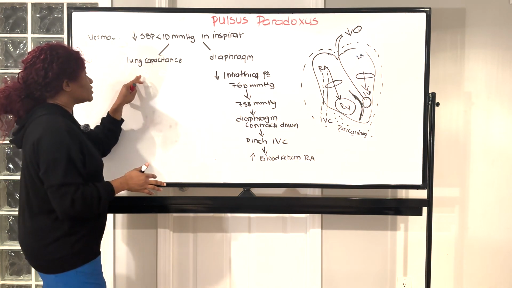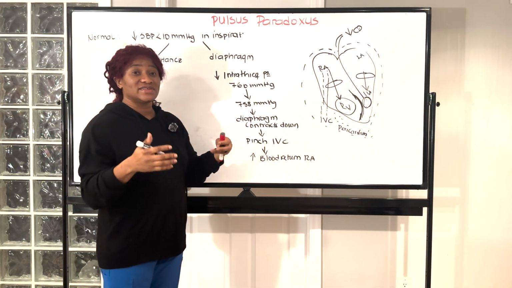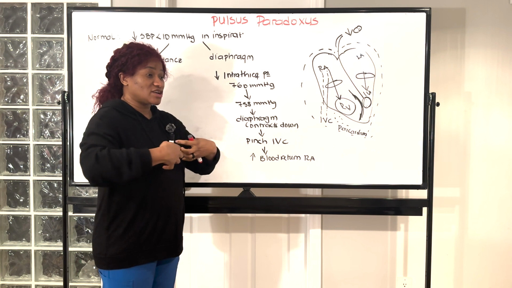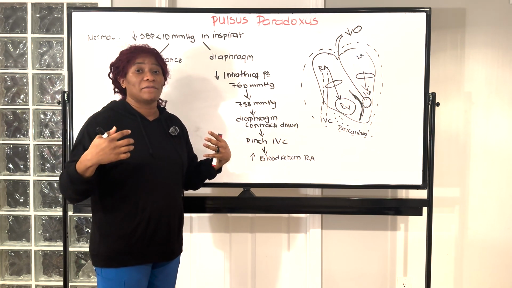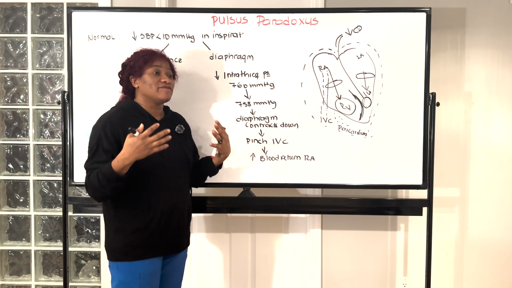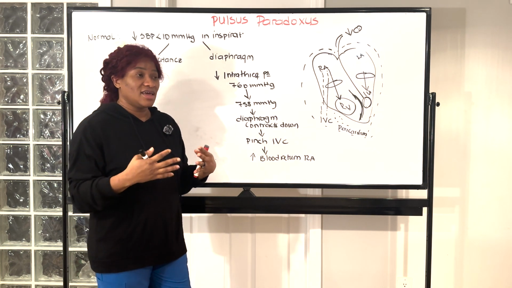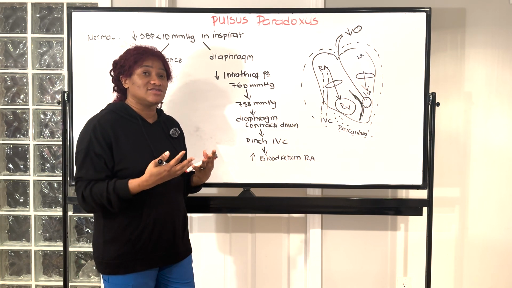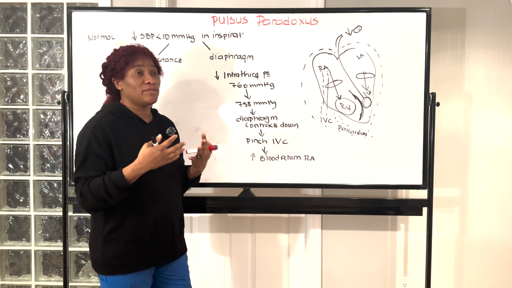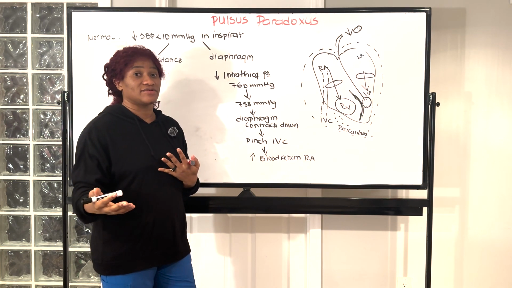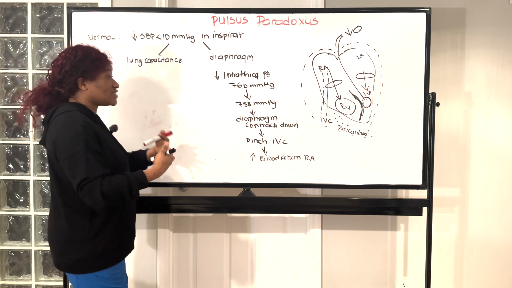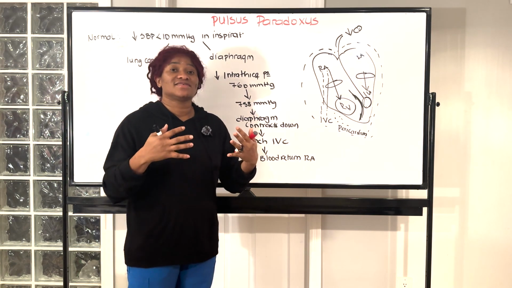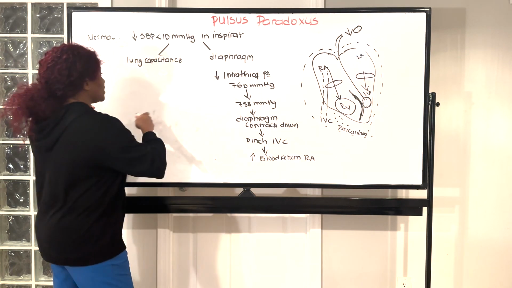Now the second phenomenon is the lung capacitance. Remember, we're still talking about inspiration. So during the inspiration, we have a pulling traction on our pulmonary vasculature. Remember, the veins are high in capacitance. They retain more blood relative to the arteries. So we have more blood in our venous system than in the arterial system. And during the inspiration, because of that traction, more blood is going to come to the lungs and it's going to stay there. And that is going to decrease